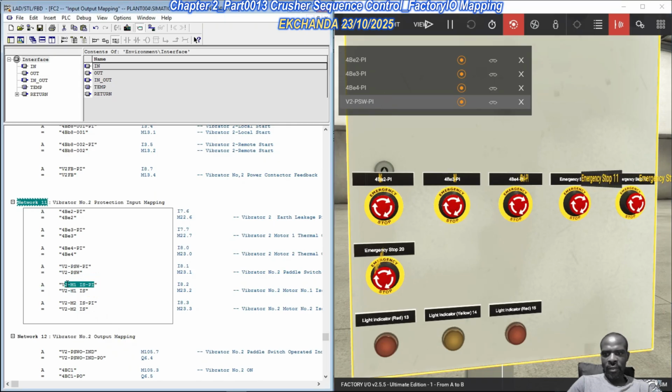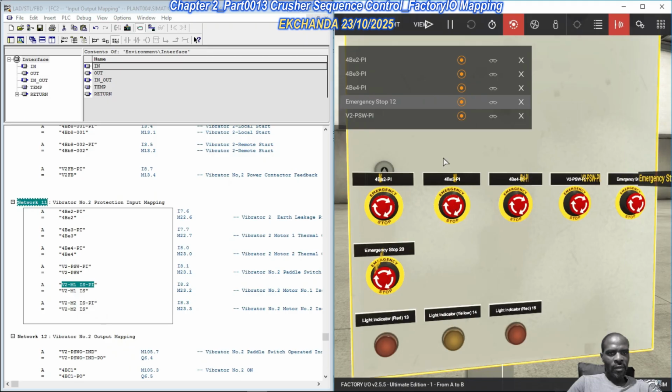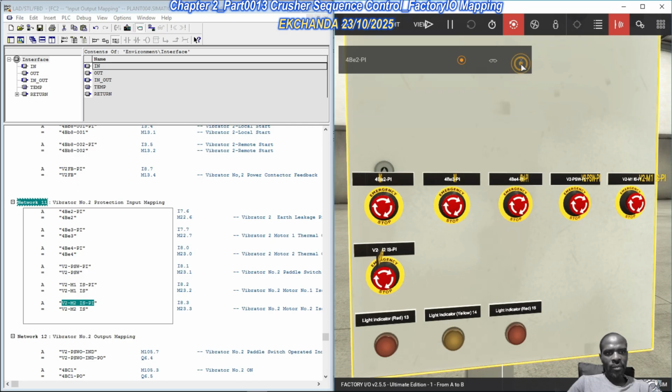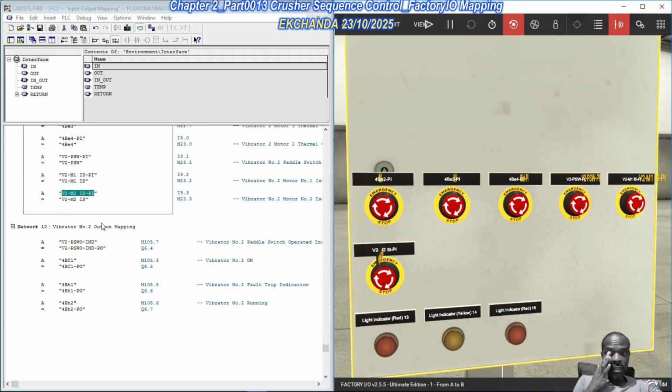Then the fifth protection input. 1, 2, 3, 4. Fifth protection input is this one here. Then the sixth protection input is this one here. So that takes care of the protection inputs, right? And then thereafter we're talking about the